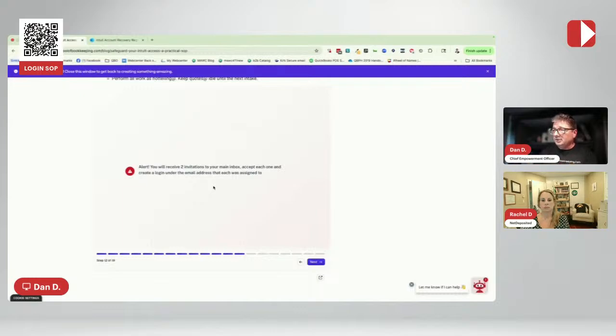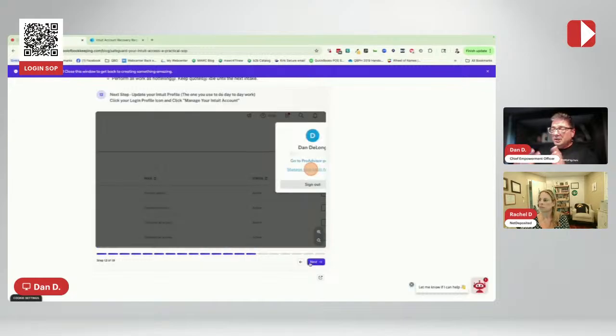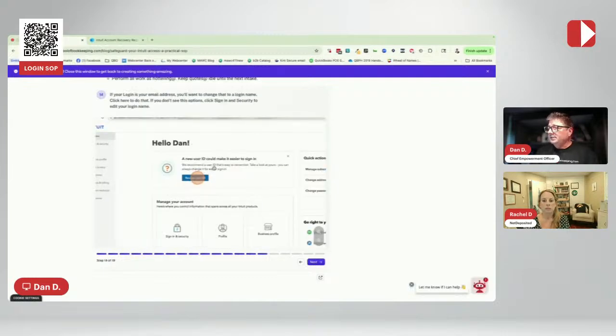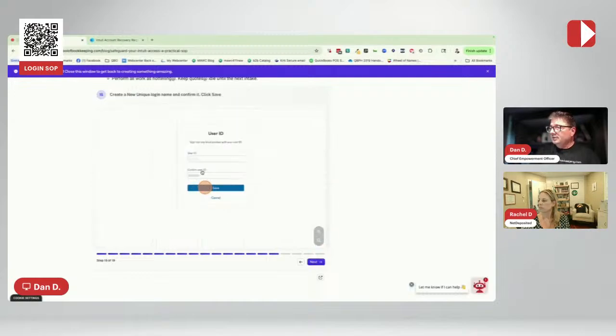You accept each one and create a login under that email address to which each one was assigned. Then you're going to go into your Intuit account, and if you see this new user ID might make it easier to sign in alert, you can review your user ID. Otherwise, you can go into the sign-in security and update your user ID.